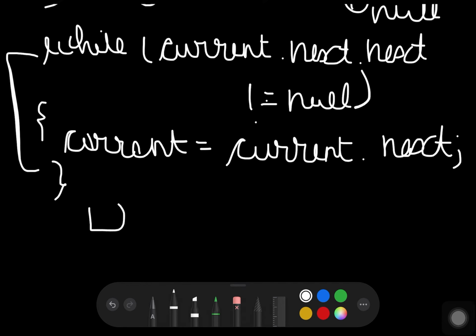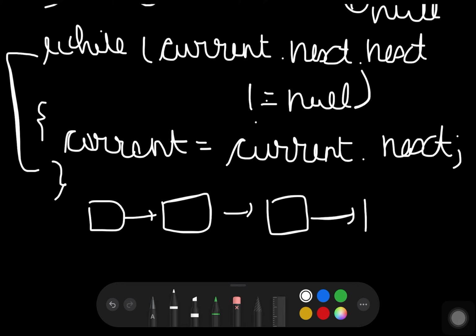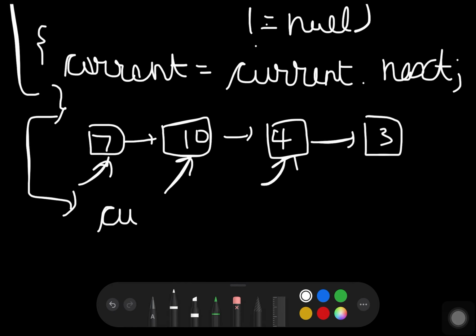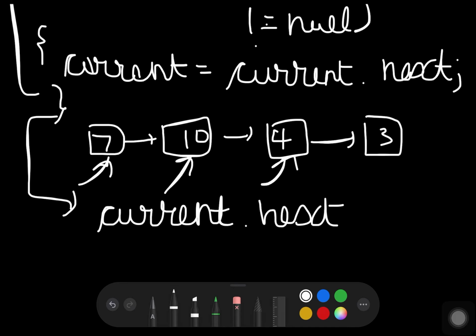This loop here will stop the current pointer at the second last node, 7 10 4 3. So we will stop here. After this we will write current dot next is equal to null.